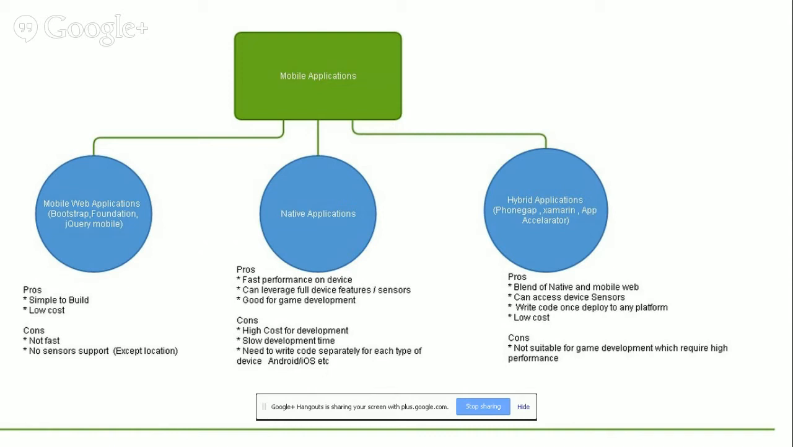This is basically a combination of native and mobile web applications. Most of the times we might not need full device features. Consider bank applications or shopping cart applications. We don't really need heavy graphics or UI features. So